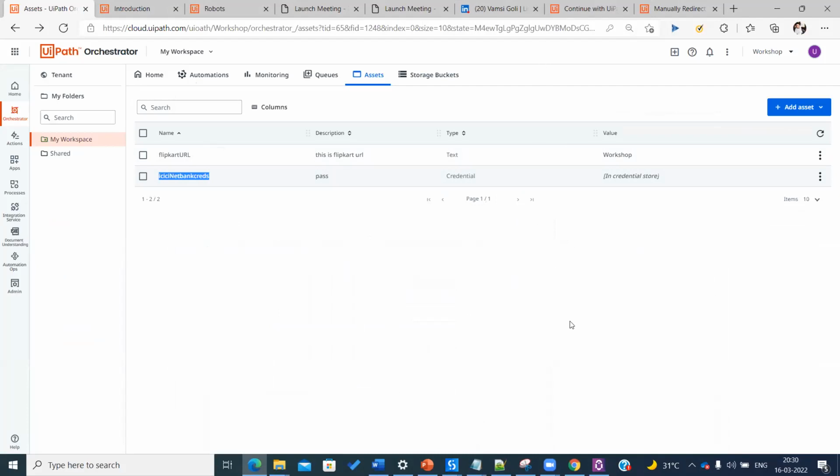I want you to explore more and more in assets. You'll have a lot of documentation. If you have any questions, I hope Niklesh would have shared my profile with you. You can connect with me, and I can explain in more detail about assets. Considering the time, I'm going a bit fast forward.